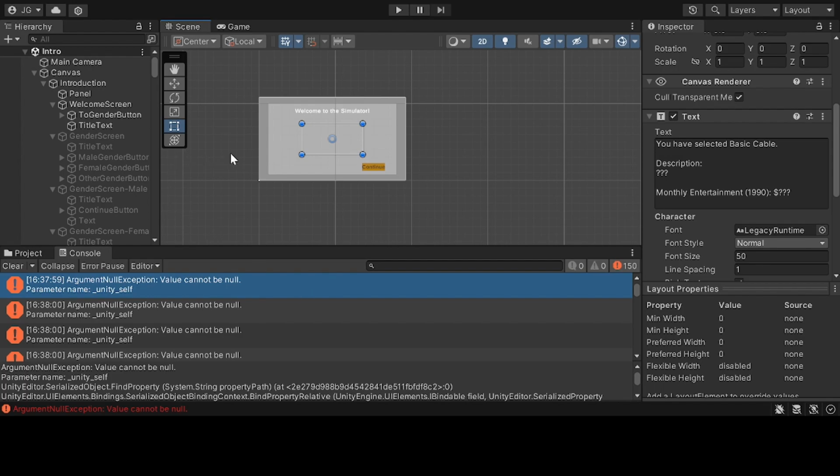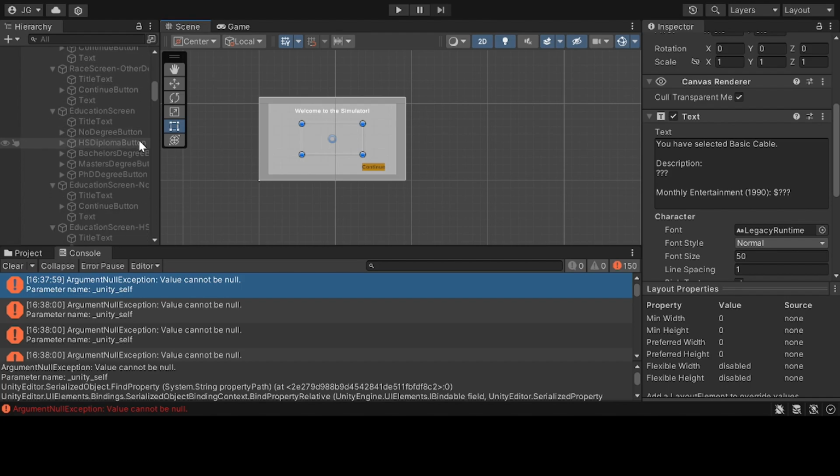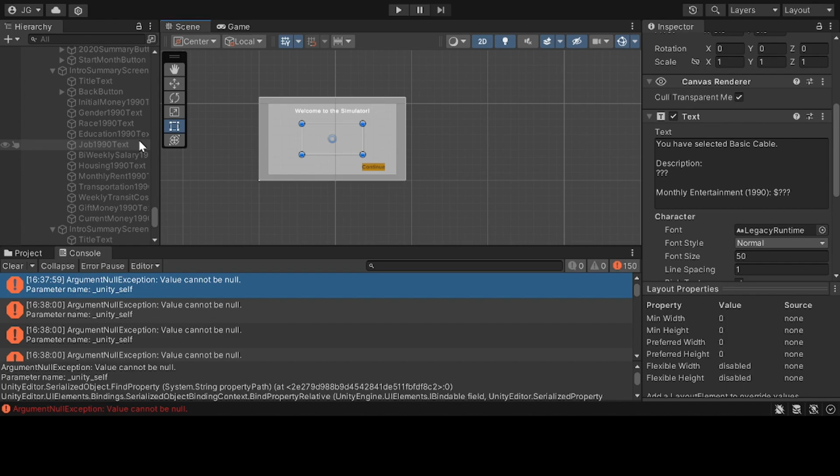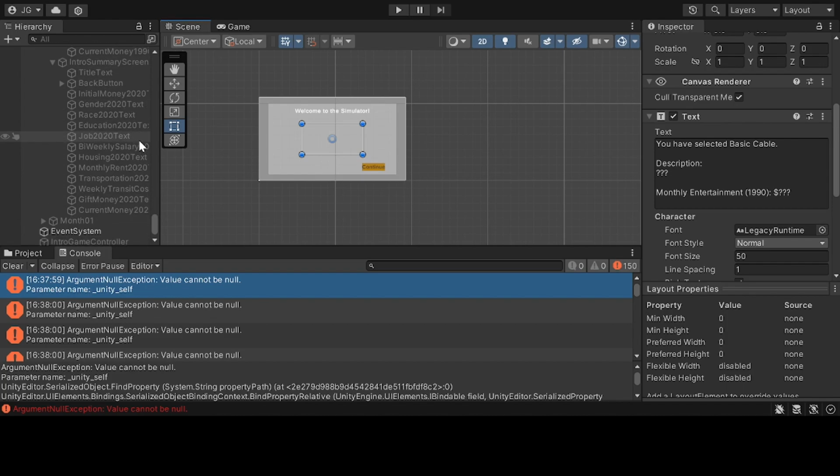Since the last update, I've primarily been focusing on the introduction section of the game, specifically the introduction scene and the primary script for said scene. If you see on the left, this is basically the in-game elements that make up the introduction scene, each individual scene here, along with their individual buttons and text features. And as you can see, there are quite a lot of these, which really make this into a very long and tedious but necessary process in order to have all of the variables and setups needed